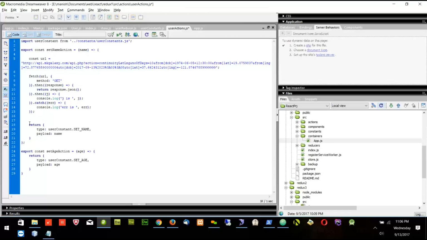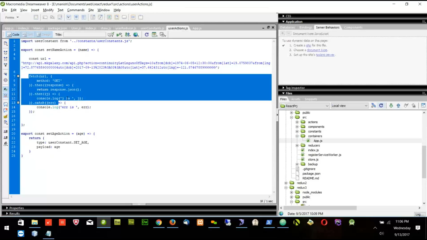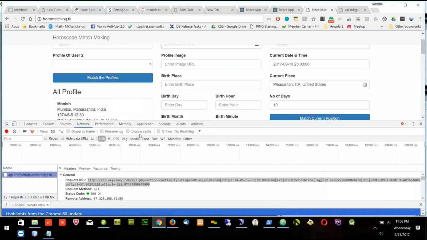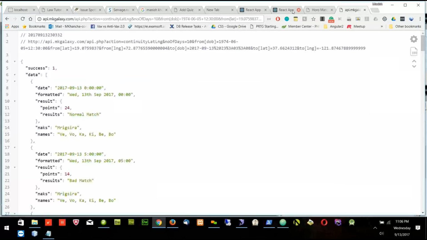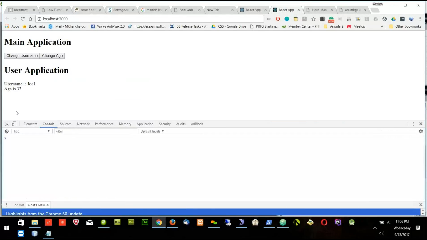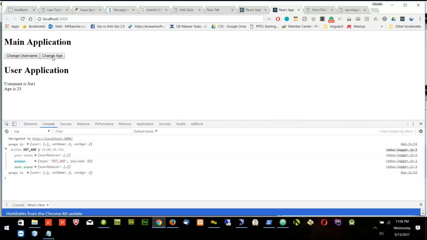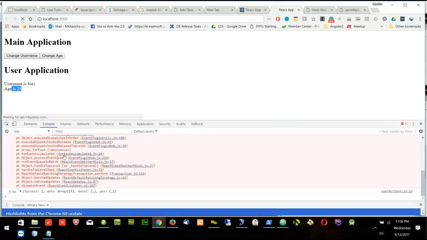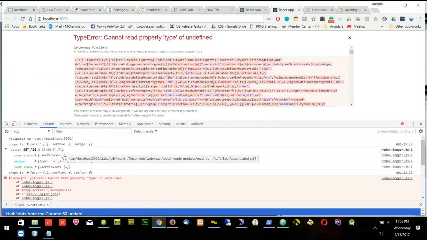Right now I'm not calling this return. First let's see what is coming in this ajax call. When I change the name, it will call this ajax request and it will return some j. Let's see that one. Yes. If I click change age, it is going properly, so I'm getting the age changed. But if I click the username,